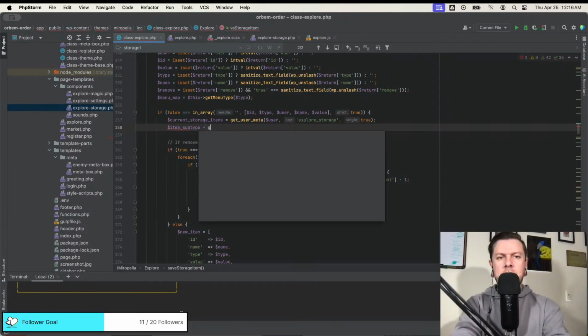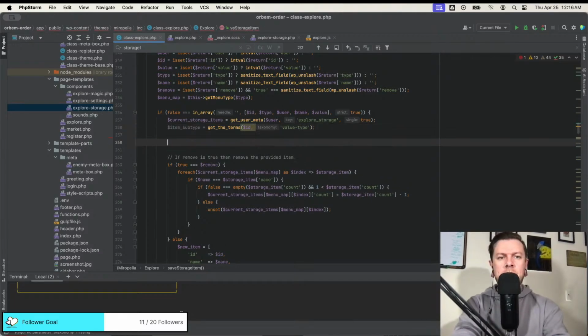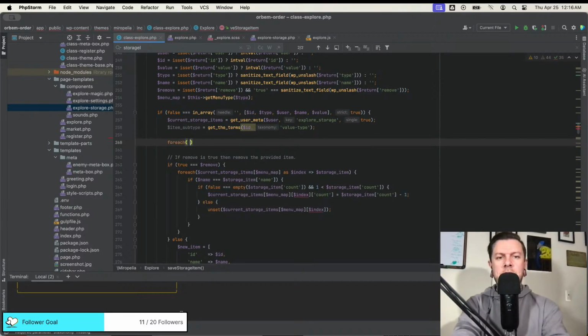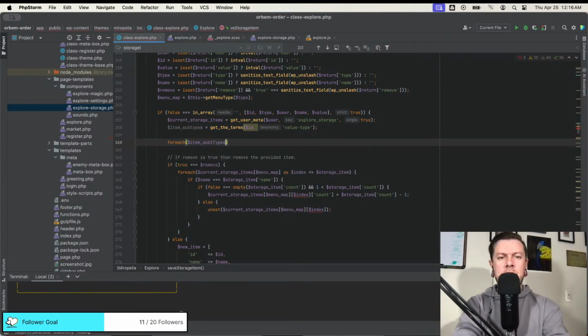Subtype equals get the terms, and this is ID, value type. Alright, so now we'll do a for each on item subtypes. Let's add a little less. Item subtypes. Why am I adding randomly as item subtype?